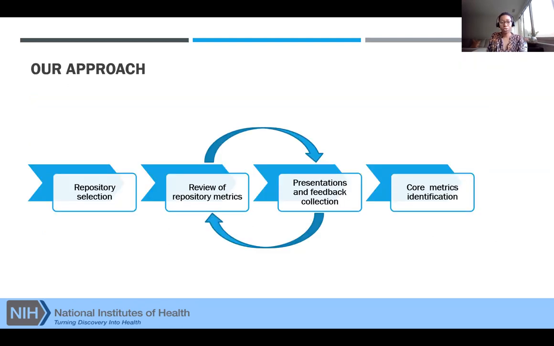Our approach was to start off with selecting repositories for this assessment, then review repository metrics that exist already or could potentially be used, then presentations and feedback collection from repository stakeholders, and finally assessing the findings to identify the core metrics.